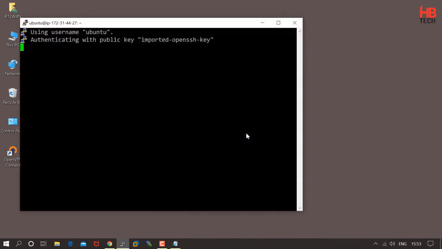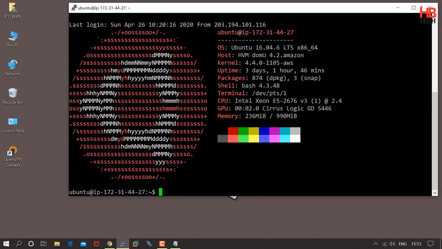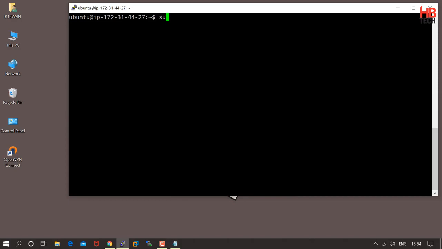Let's log in to the server. Let's see the connection using netstat.